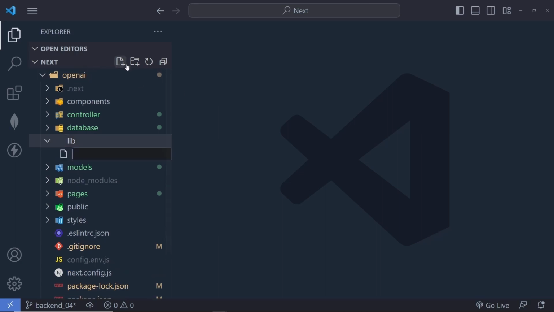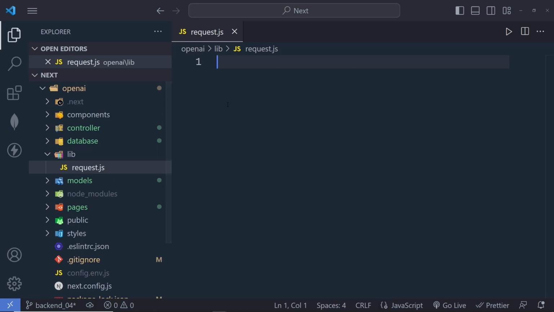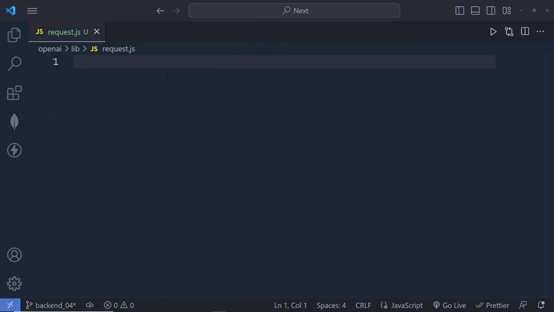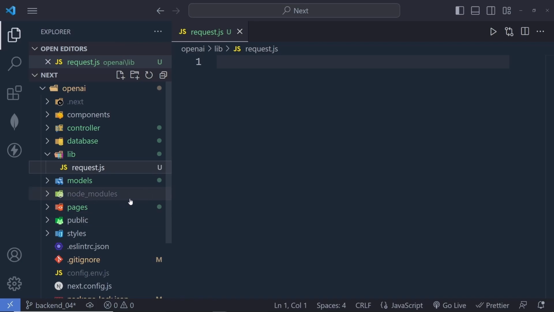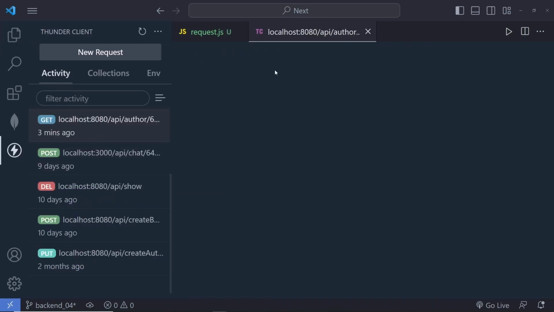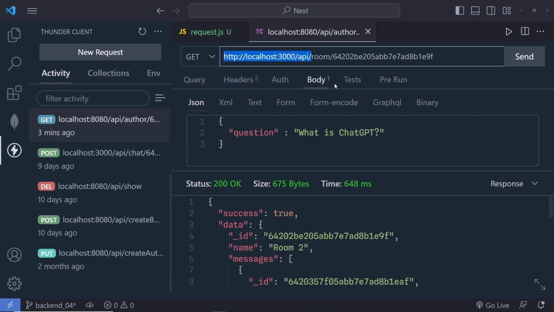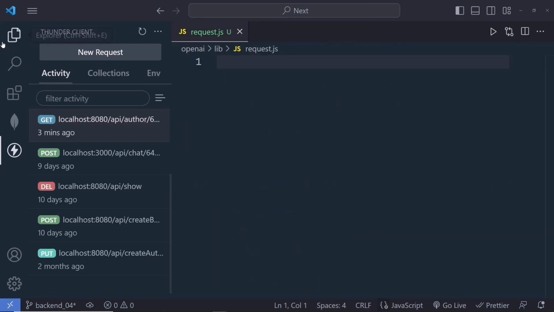And here, I'm going to add a file called request.js. Now using this file, we're going to make a request to the backend. We call a fetch method to fetch all the data from the backend inside a frontend. So here, I'm going to first import the base URL of the backend. As you know, if you go back to the Thunder client, here we have this base URL of all the requests. So let's copy it and go back to the